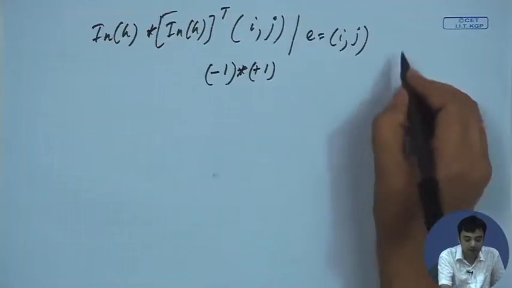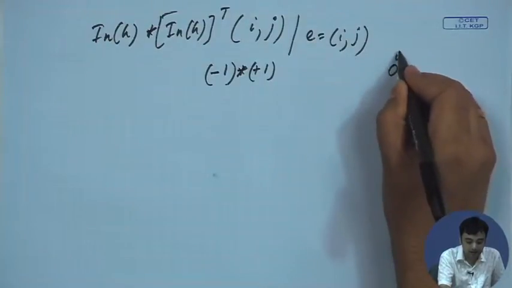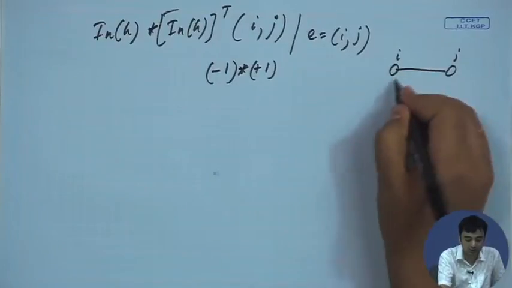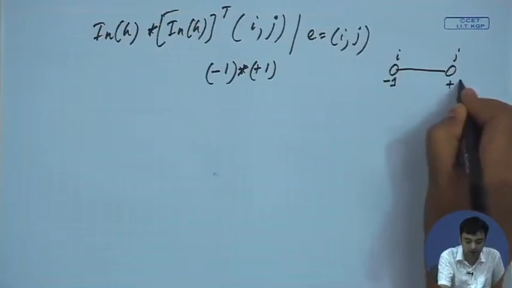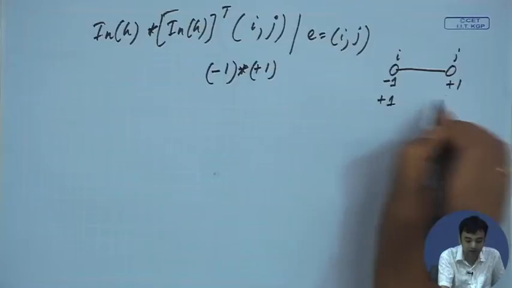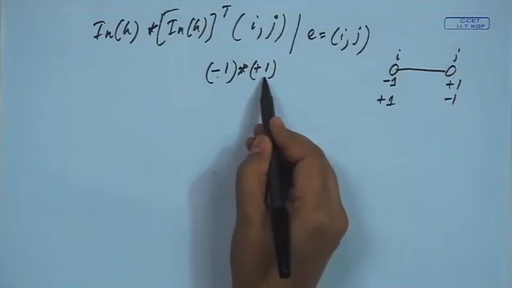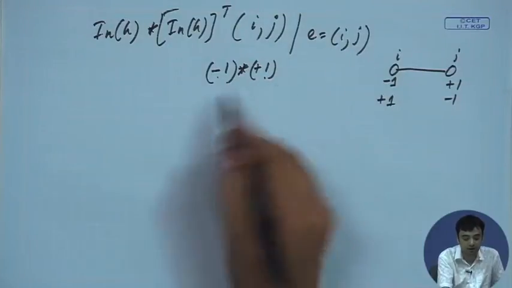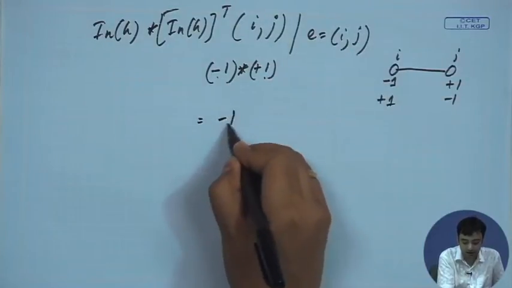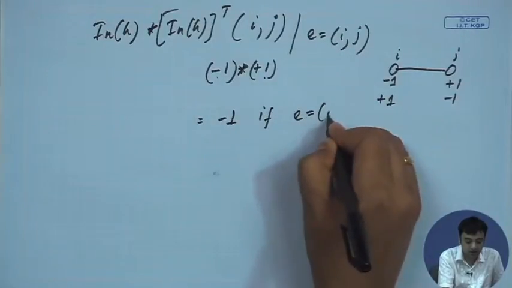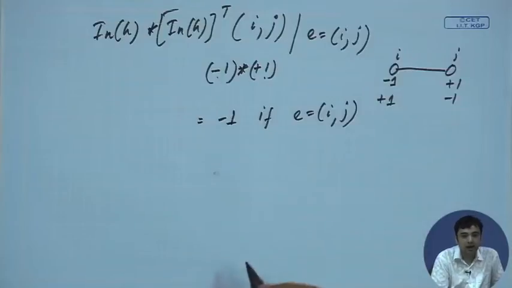This is because one side is i and the other side is j, and there is an edge connecting them. If this is -1, then this is +1. If this is +1, then this is -1, as per the definition of the incidence matrix. Now, if you take a product, it will be either -1 into +1 or +1 into -1. So, this leads to -1 if there is an edge existing between i and j,